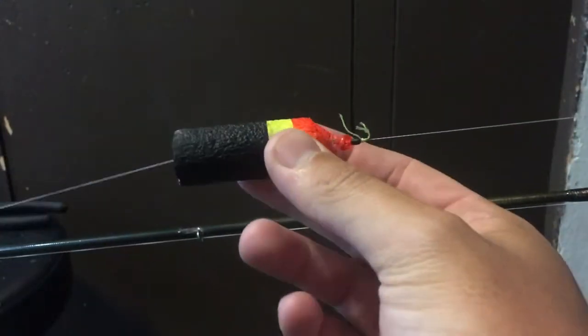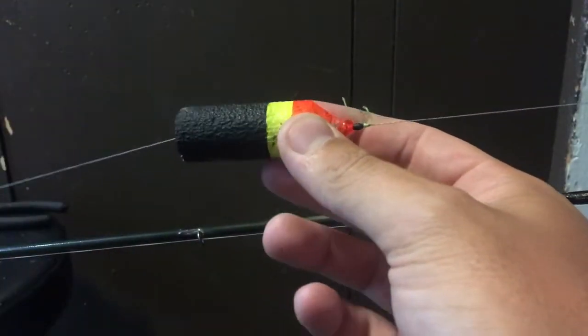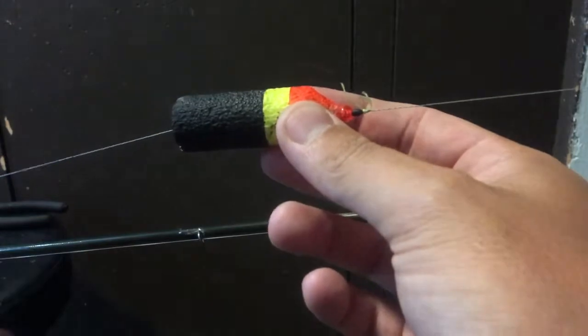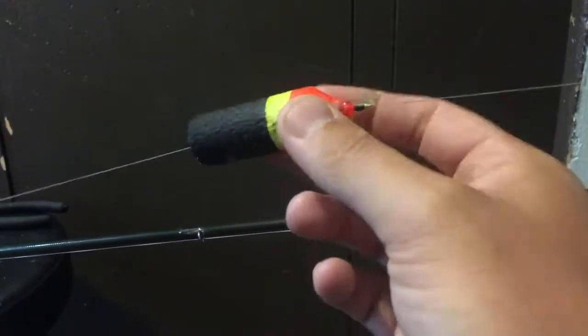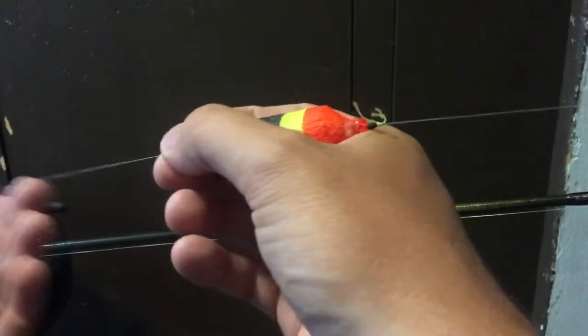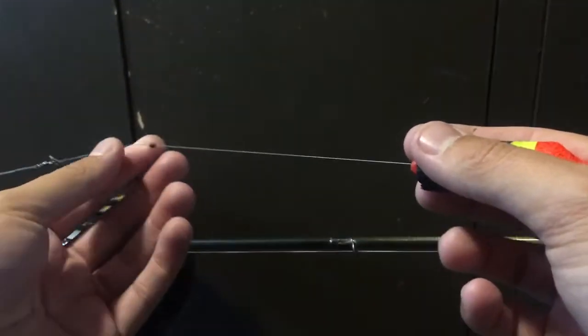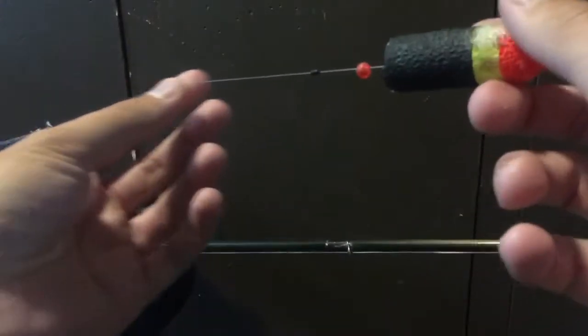What I did is I just took an old regular bobber, this is an old one I had laying around, chopped it in half, and there you go. Now you have a bobber dog float. Then another bead. And then I like to put another bobber stop